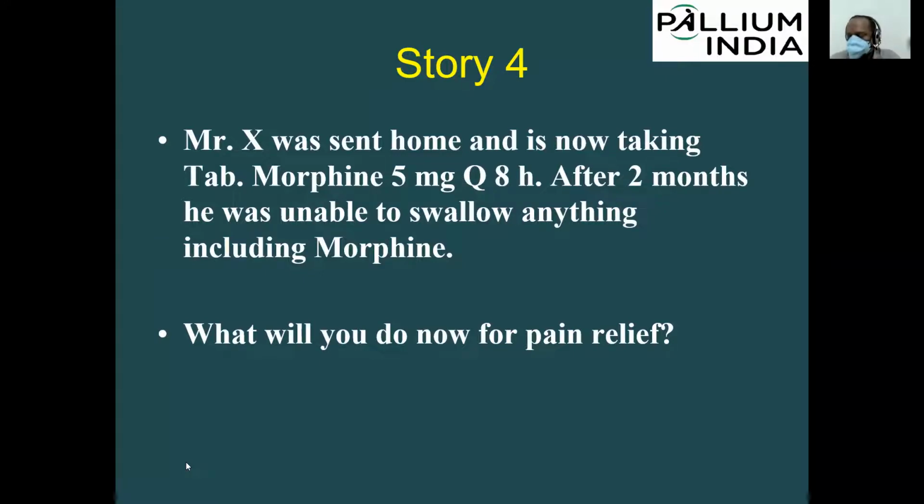Actually, sir, that patient had gone home, so I think we will call back the patient because he is unable to swallow. The patient may already have an oral cavity related disease condition. So we assess the condition, then continue this dose, and assess the pain, respiratory distress, nausea, constipation, all those things. We assess first and we can go for a Ryles tube insertion if possible. Then we can continue the same dose. If it is not possible, we can go for IV in a hospital setup.